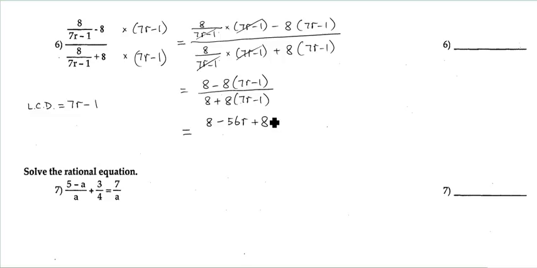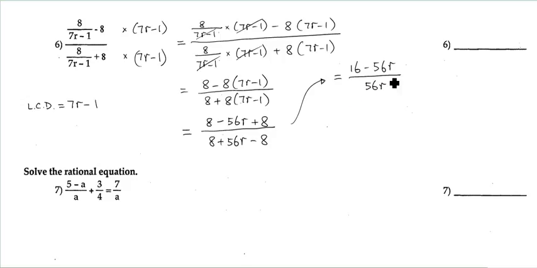Remember, you distribute the negative 8 over, 8 plus 56R minus 8. So that would become 16 minus 56R over